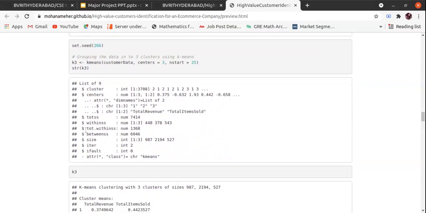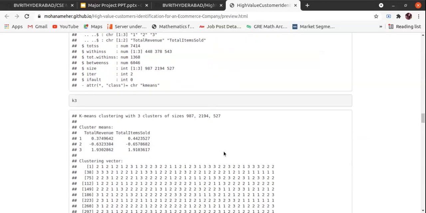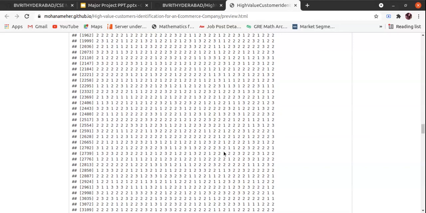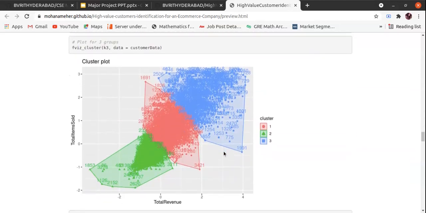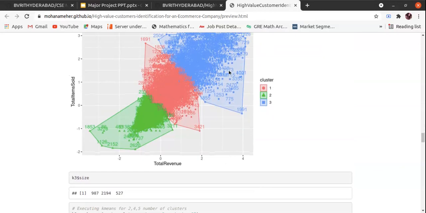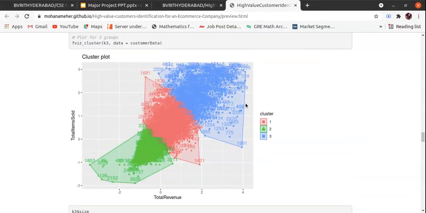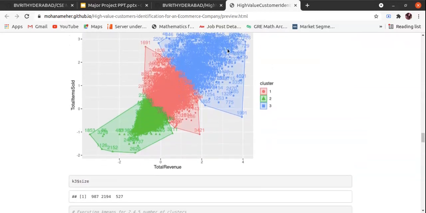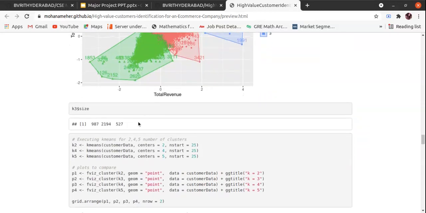Here, we obtained a total intra-cluster variation of 1,368. Total intra-cluster variation is also known as total within cluster sum of squares. Here 527 customers are identified as highly valued.